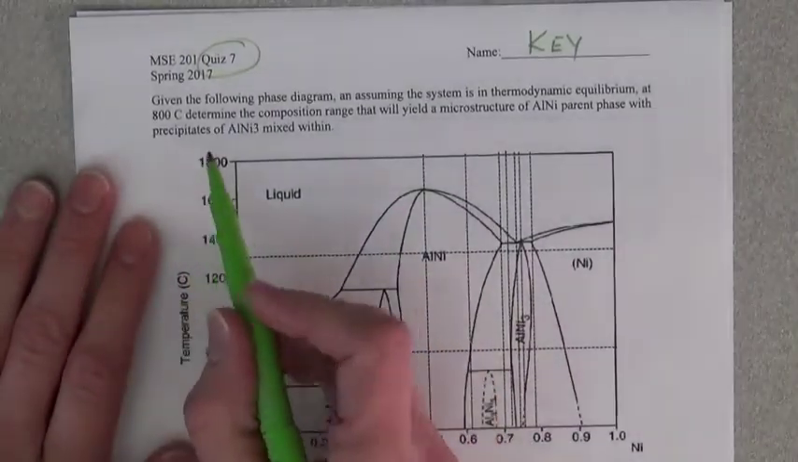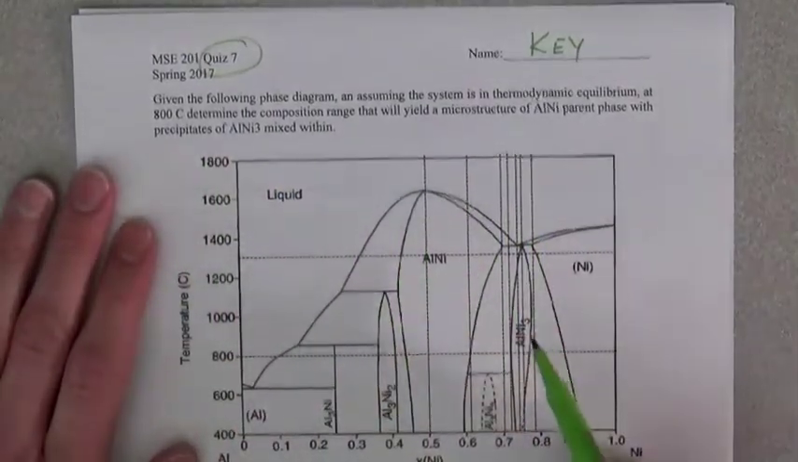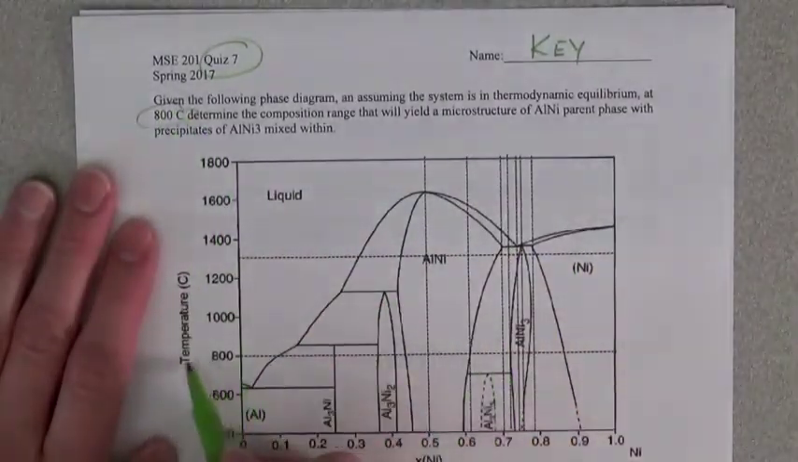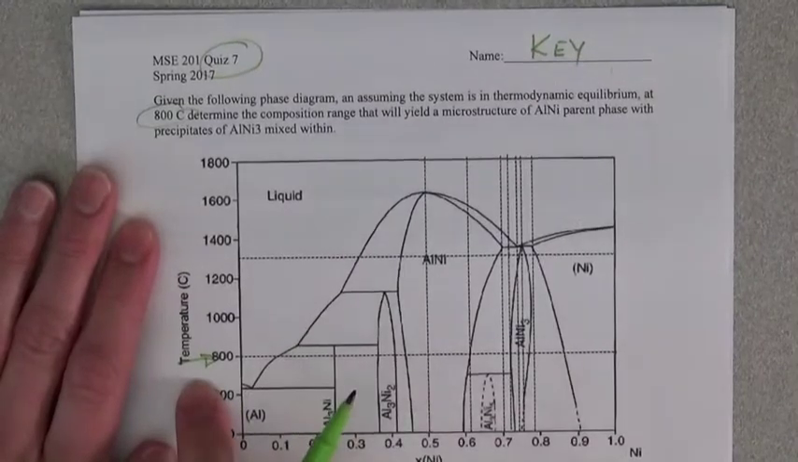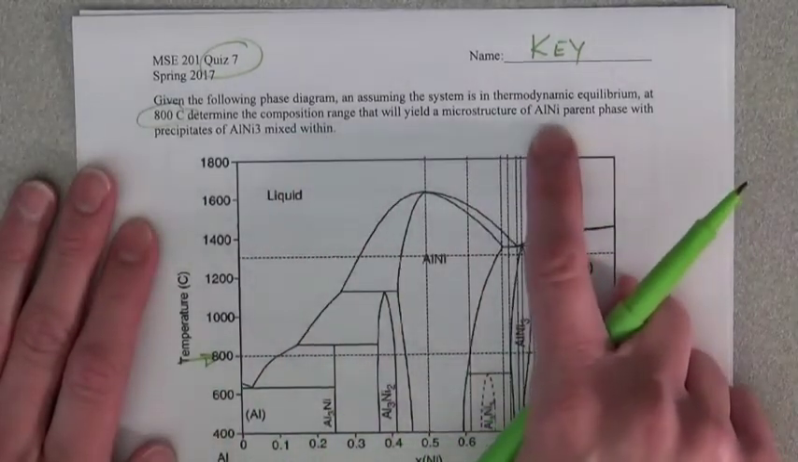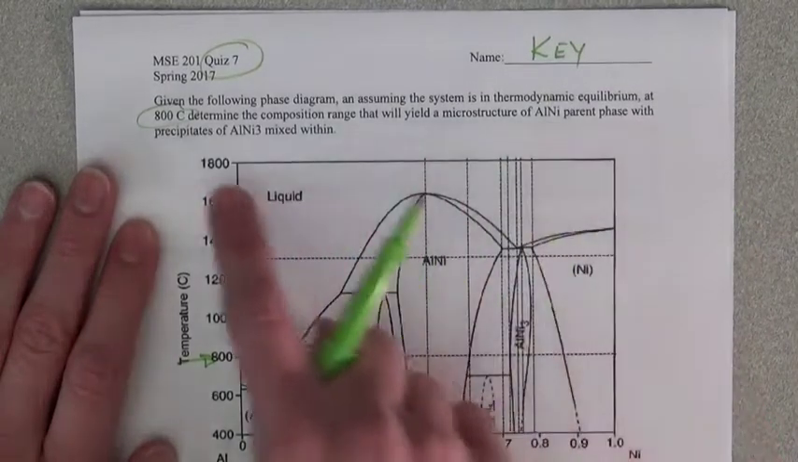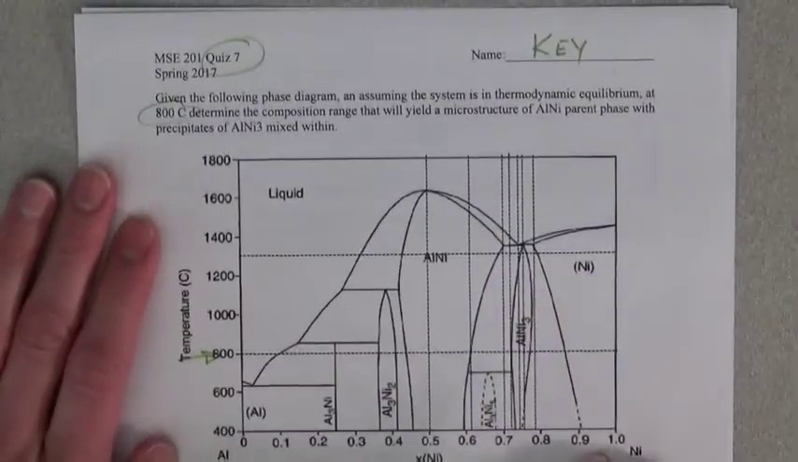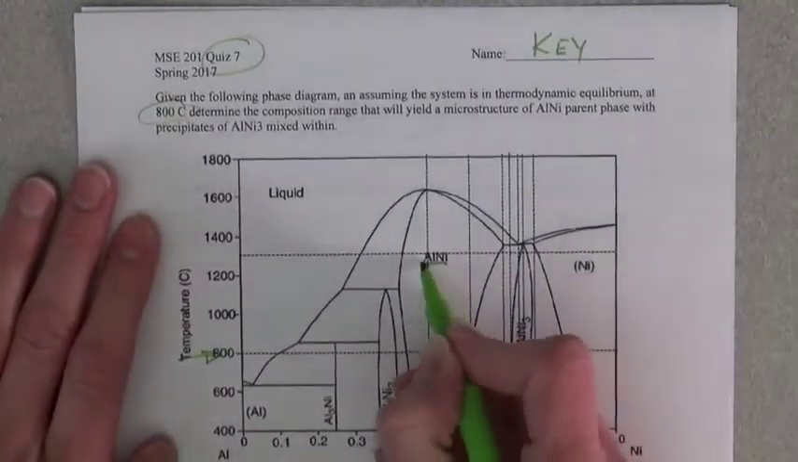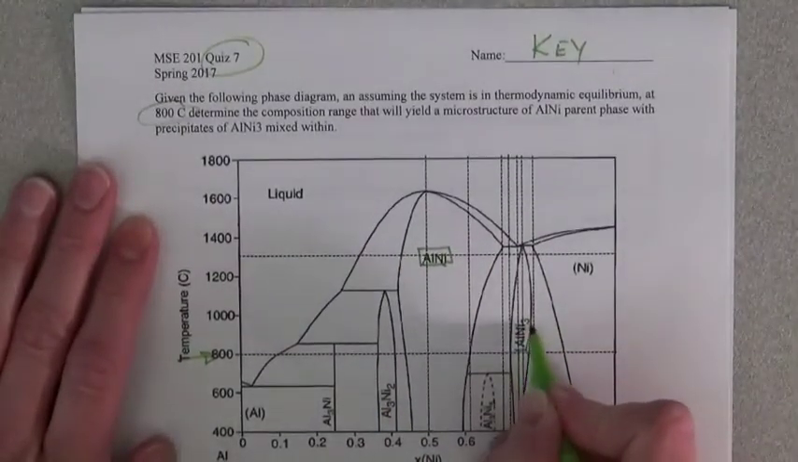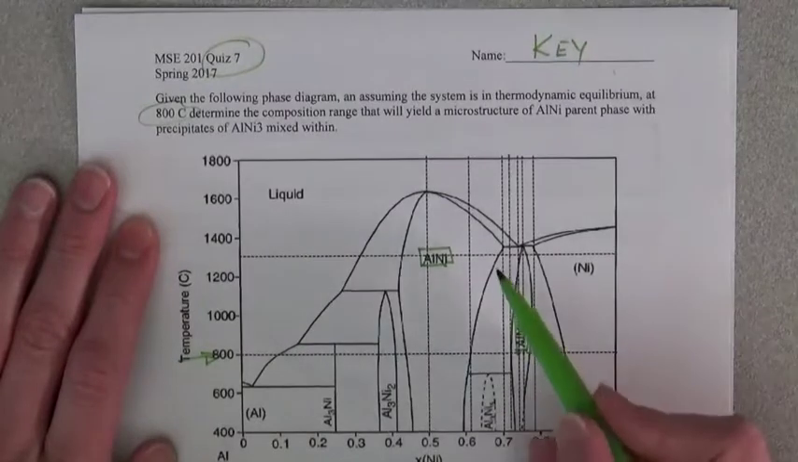For example, this first problem, in which we're looking at this phase diagram, we say that at 800 degrees C, determine the composition range which will yield a microstructure of aluminum nickel, Al(Ni), with aluminum nickel 3 precipitates mixed within. So this is aluminum nickel, this is aluminum nickel 3, which makes this region